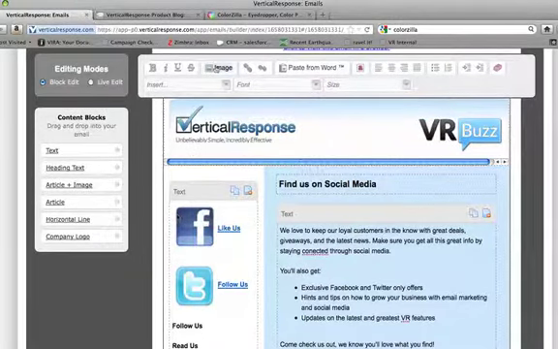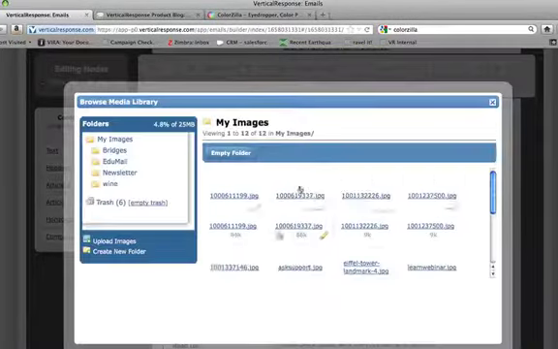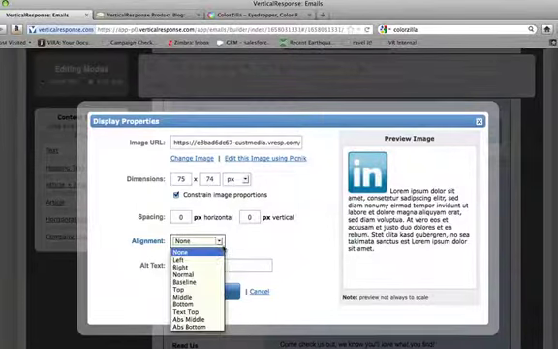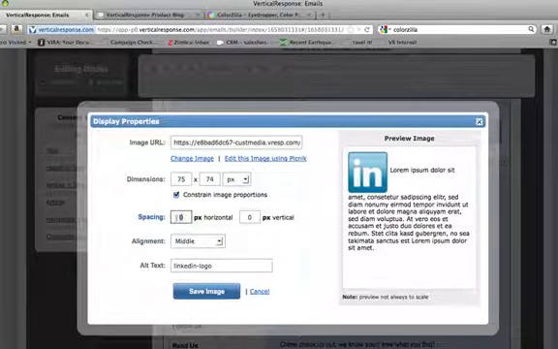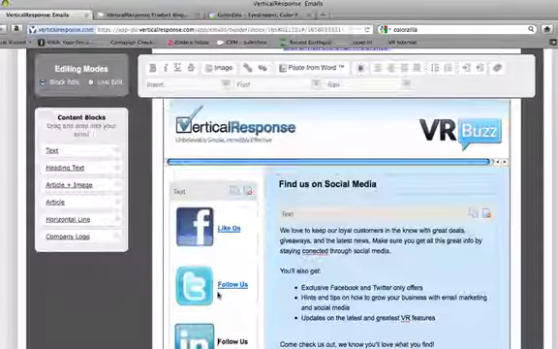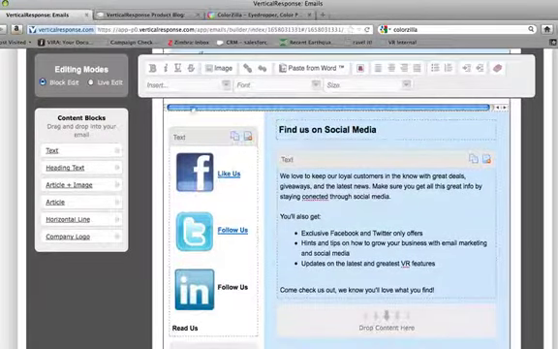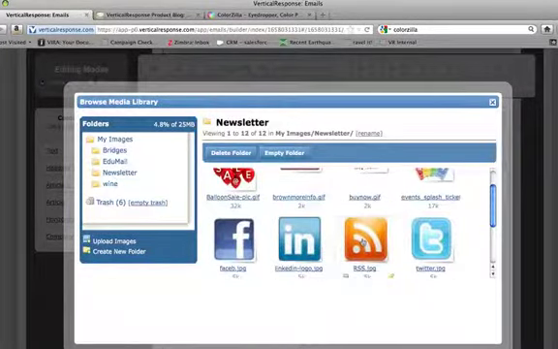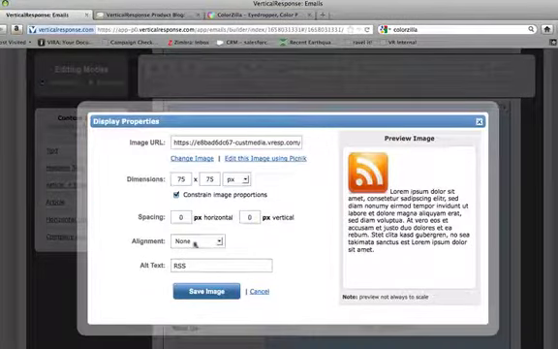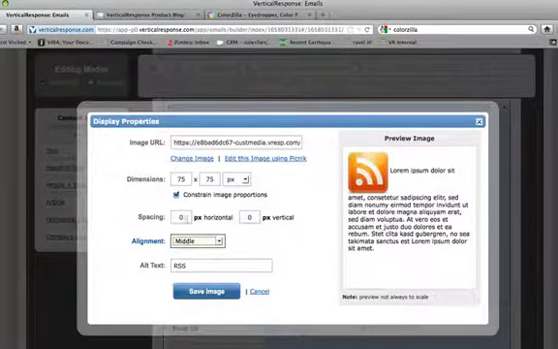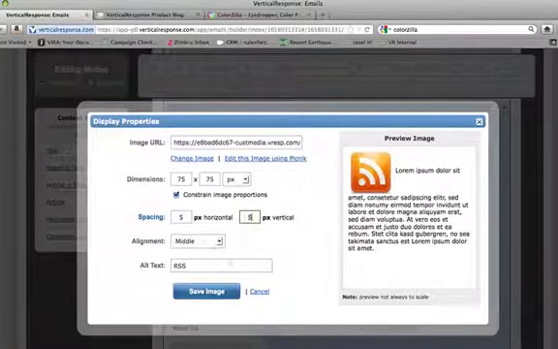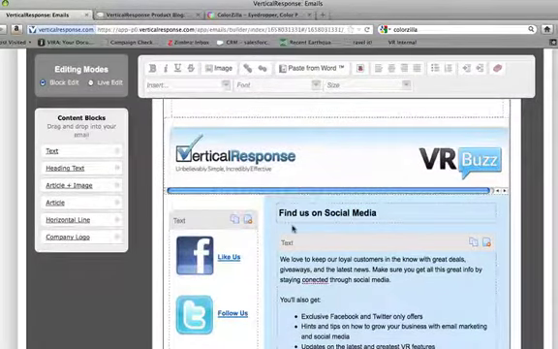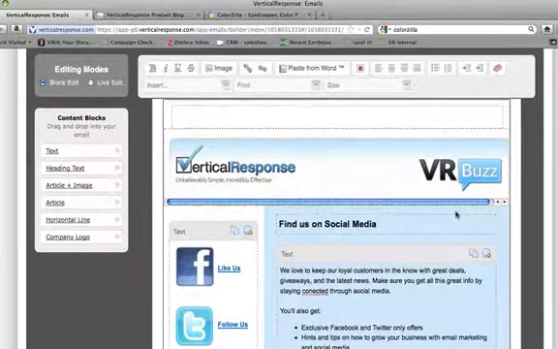So I can also put in my LinkedIn picture. Add spacing. And there's my LinkedIn. I will add an RSS feed to the blog. Again, I'm going to align my text to the middle and add a little bit of space around my image. So there we go. So now I have an email where my recipients can get more information about following us